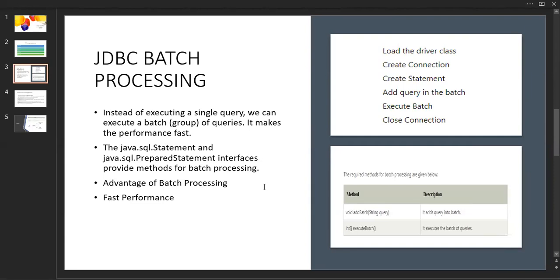How are we going to build a Java application? Here we have load driver. We already know that one, using the JDBC SQL driver. We have to make a connection. Inside the connection, we are supposed to take the credentials of a database. One is the URL, another is the username, and another is the password.